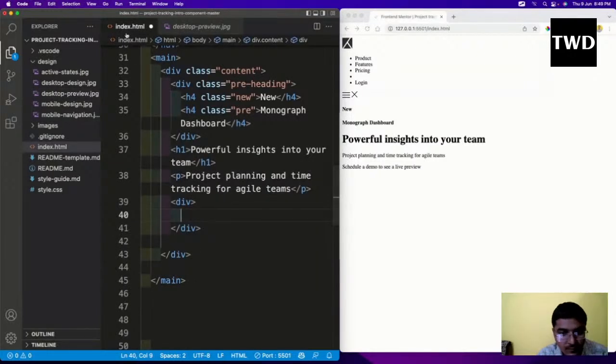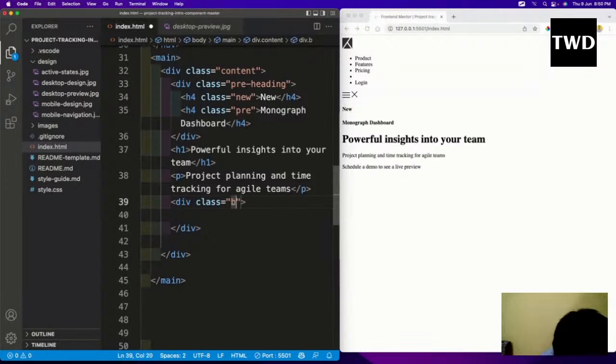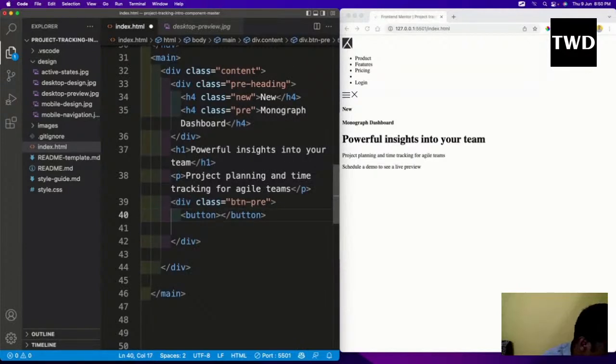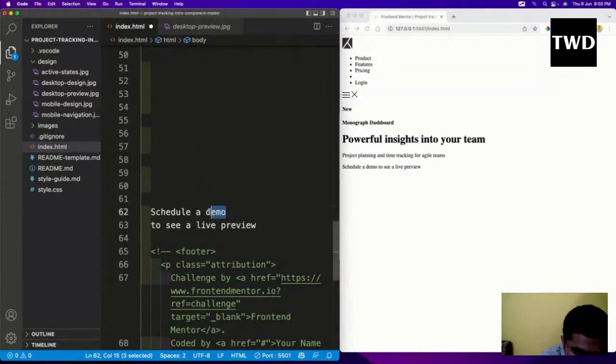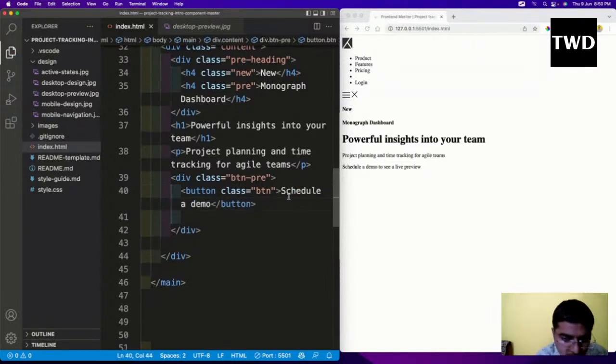Okay, so let me save it and have the class button-pre, and inside this div we'll have the button, and we again need to have a class name, button, and inside this button we need to shift this, schedule a demo. Okay, the schedule a demo has started appearing,